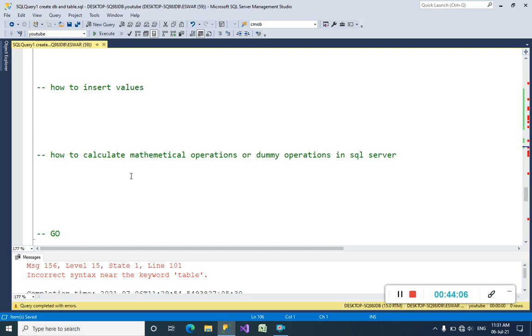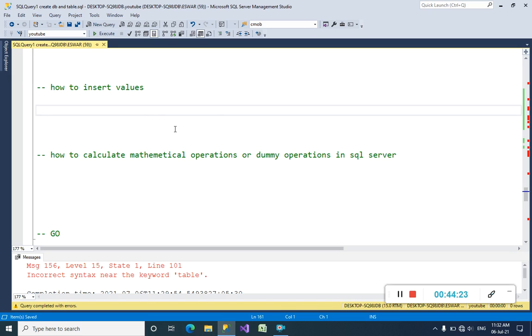How to insert values? This we also discussed at the starting of this session.